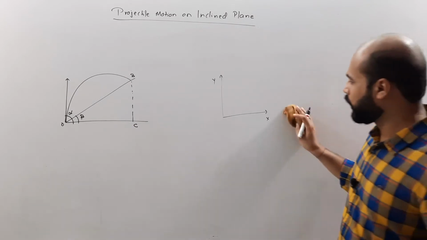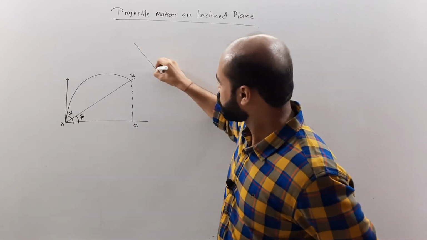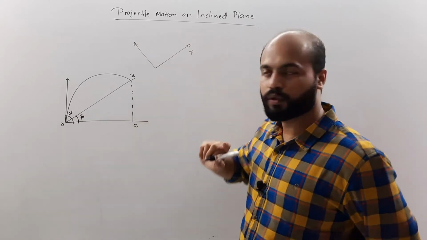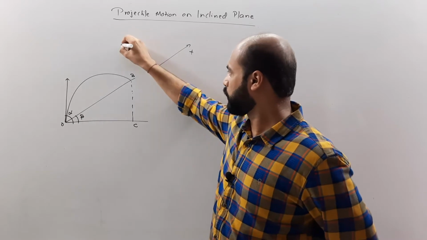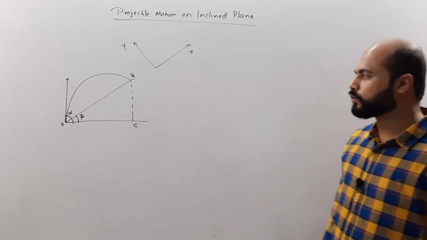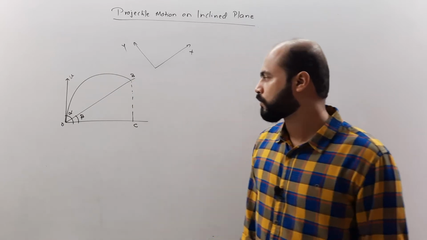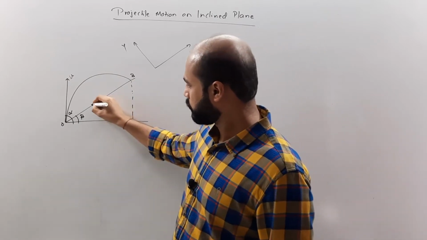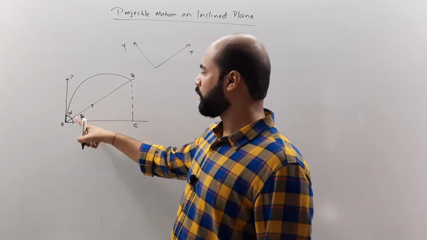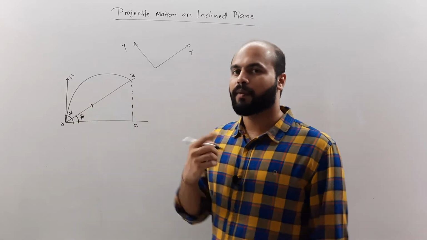Now because it is on an inclined plane, I am going to change my reference system. So along the incline, I am going to take it as X, and perpendicular to it, I am going to take it as Y. If I do that, then definitely I get some input now, and if this is some initial velocity u, then along this plane, if this is alpha and this is beta, the rest of the angle that this projectile makes with the incline is alpha minus beta.